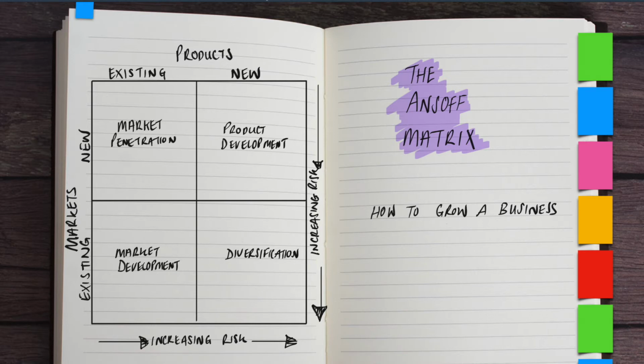So there is a very simple and straightforward approach, a framework that I want to share with you right now. Let's dive in. The framework is called Ansoff's Matrix, and it gives us a way of thinking. It gives a scaffold for us to really develop our business around. Okay, let me explain it to you. So Ansoff's Matrix looks at 4 quadrants. You'll see existing and new products, and then you'll see existing and new markets.